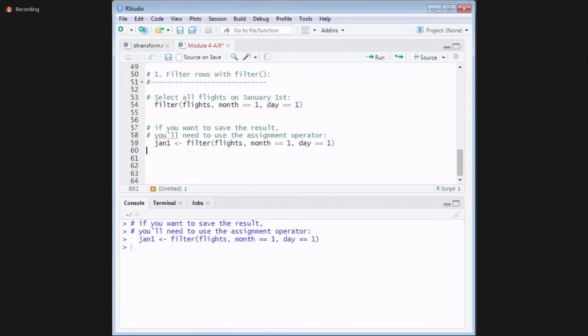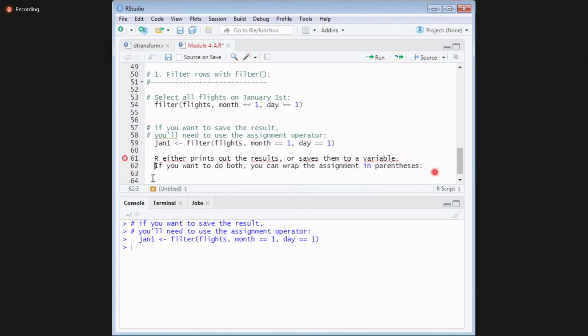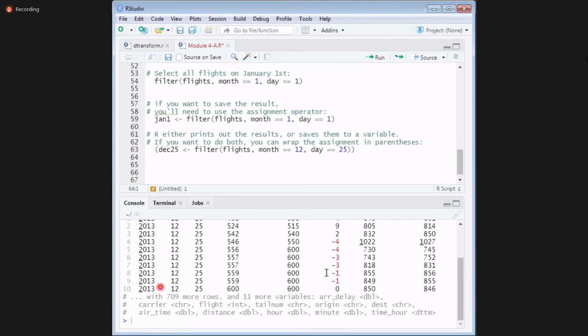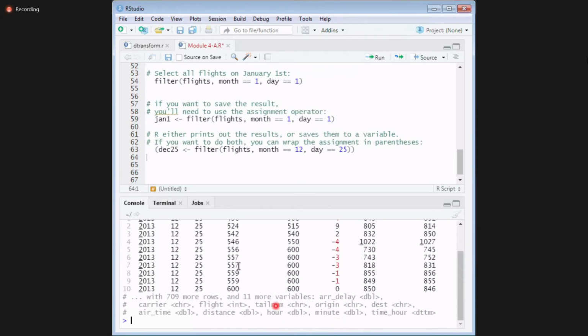Then what I can do is, see here, if I use only parenthesis on my command, when I run it, I'm getting output on the screen, and when I click on DC25, it has been stored.